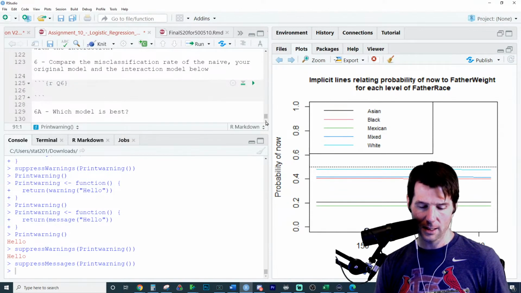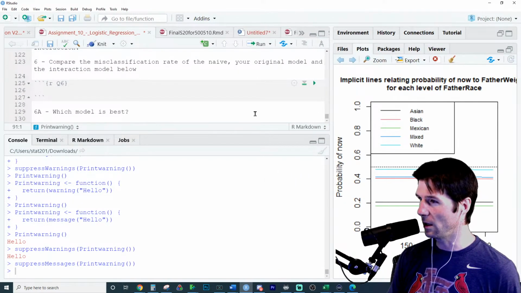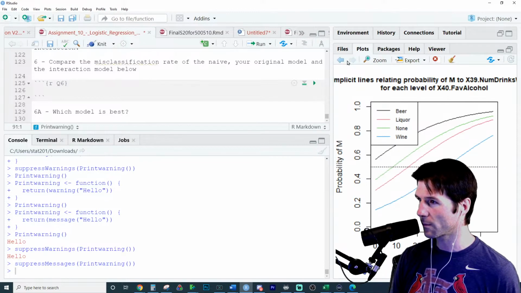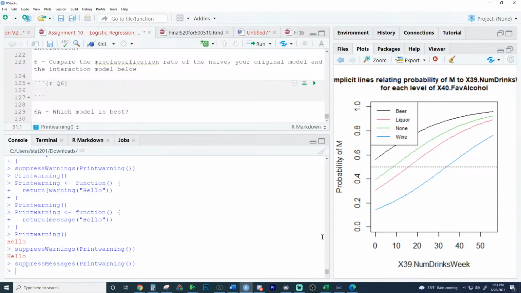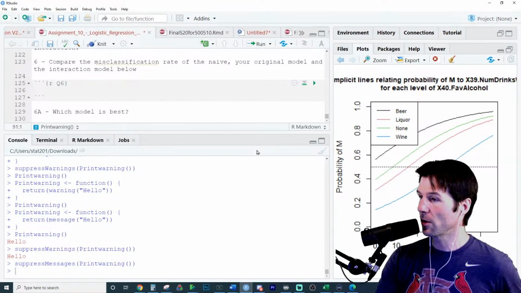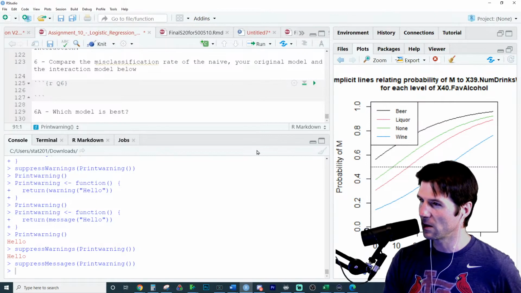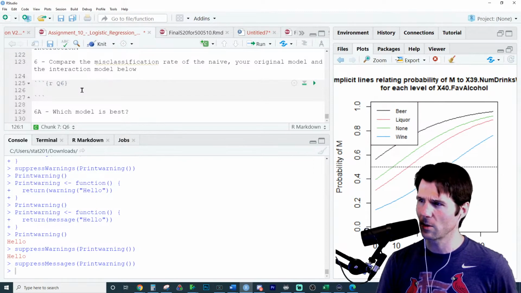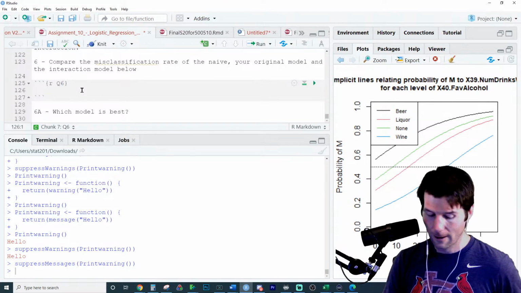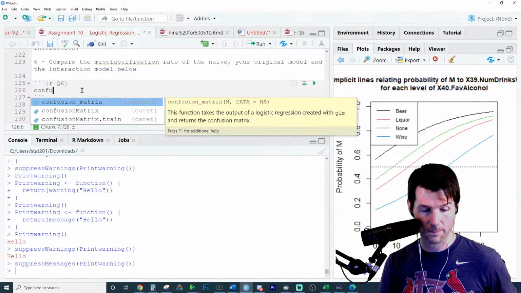Let's look at the classification rate of the drinking model right here. And so here's our model on people's amount of drinks per week. I think this is an awesome model right here. Yeah, it might be that some of the groups have a very small sample size, Dylan. You email me the RMD? Awesome. I'll try to take a look at that next. I think I'm doing the STET one here soon. Let's look at a confusion matrix on this.